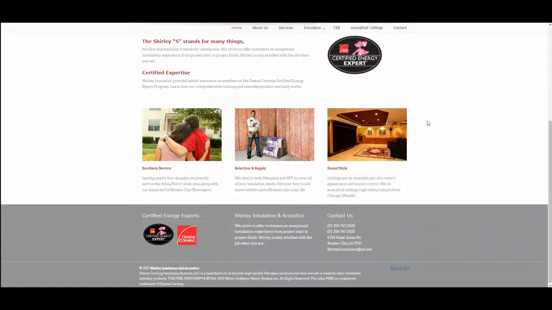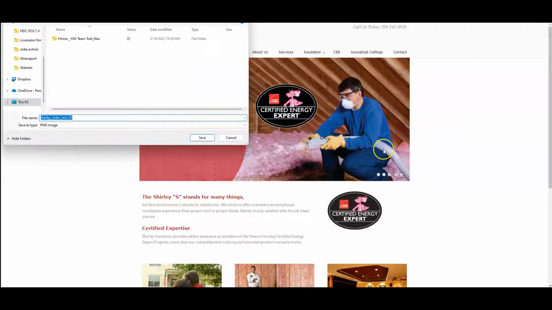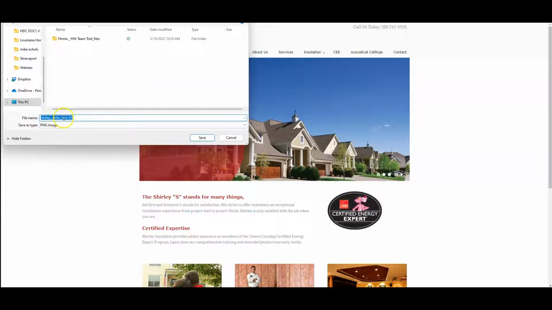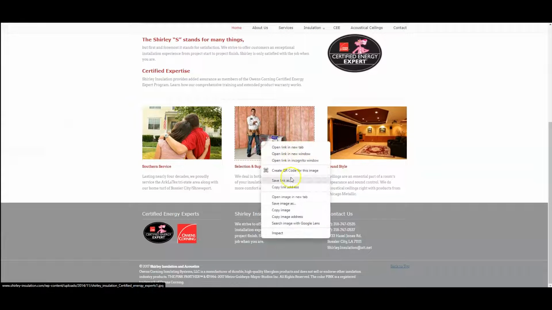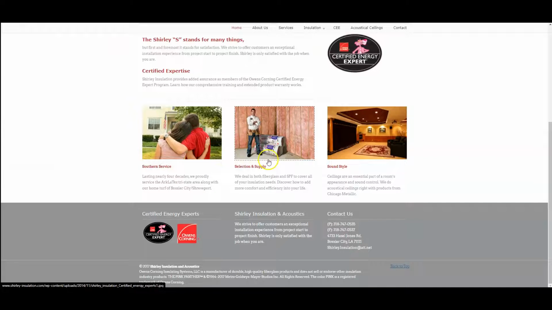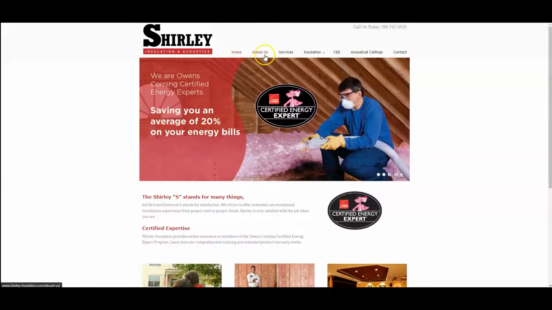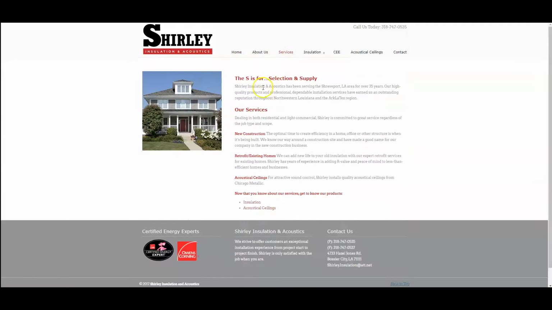So obviously on your homepage, we need to add some more content, and when we're saving these pictures, we want to make sure that we're using some buyer intent keywords, and I'll show you some of those here in a second. And pretty much all of these are the same way. We want to make sure that we're using those high volume keywords. Really need to ramp up the amount of content on your homepage,